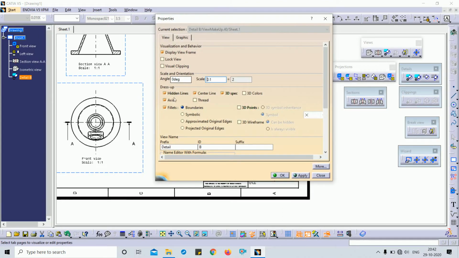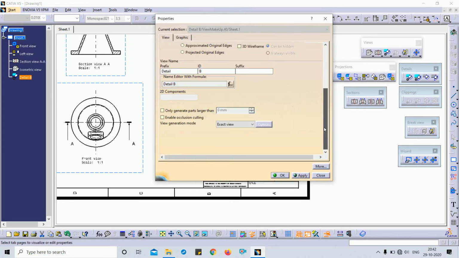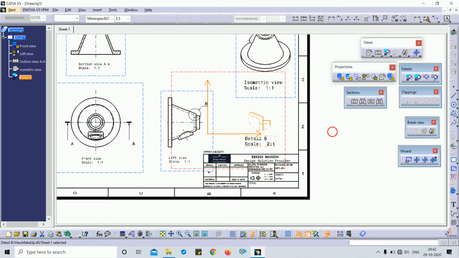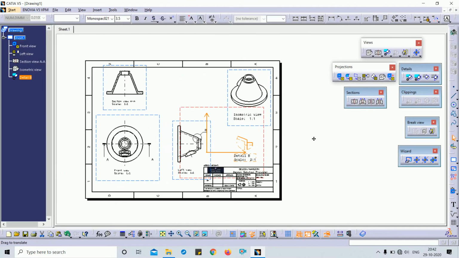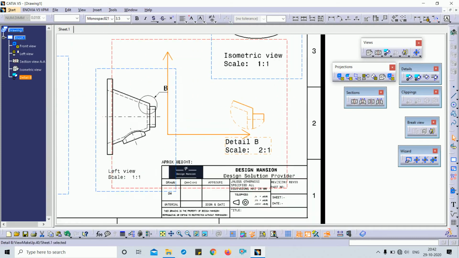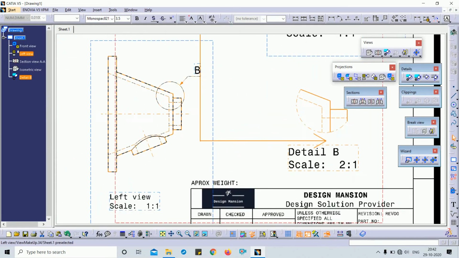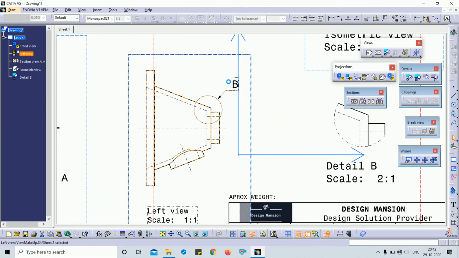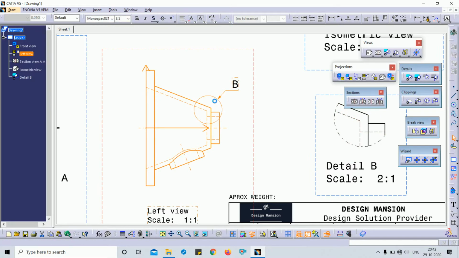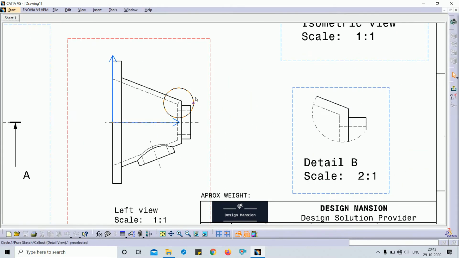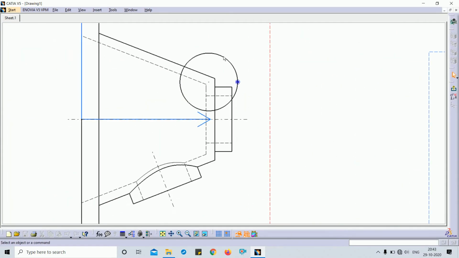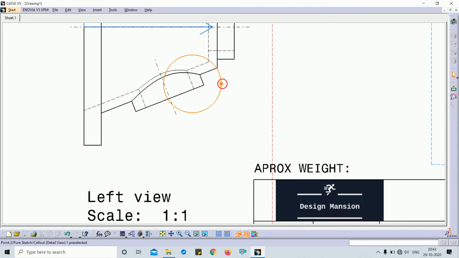Here this is the property. You can change this property as you want. If you wanted to change the diameter of this circle, double click on the detail view circle. You can change its place also, and its dimensions.